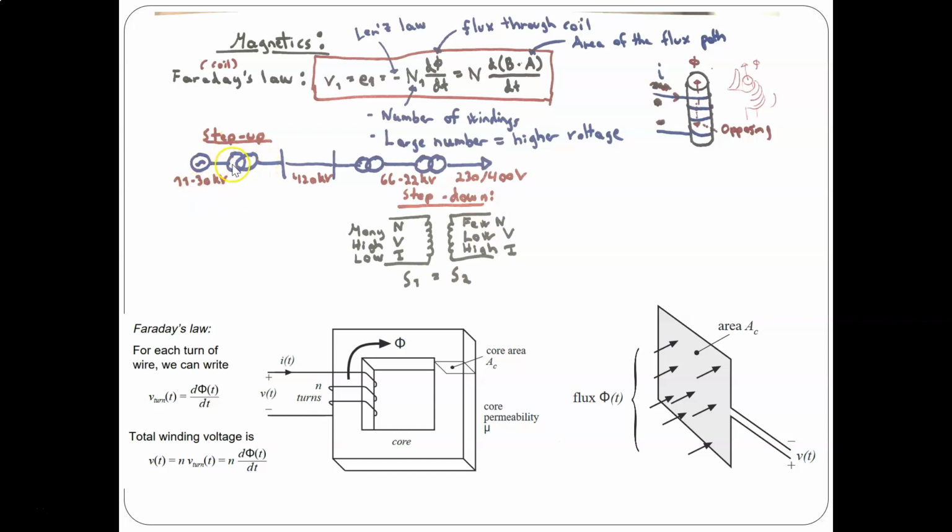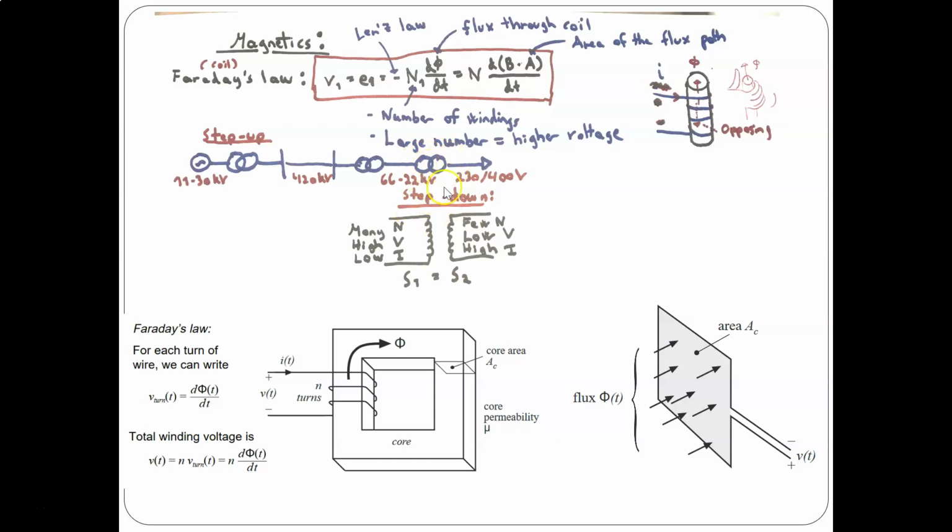Then you have a step-up transformer stepping up the voltage to, for example, 420 kV in Norway, 132, and then you are lowering the voltage again, coming down to regional transmission lines, and then you can even further lower it down to the low voltage side with a typical step-down